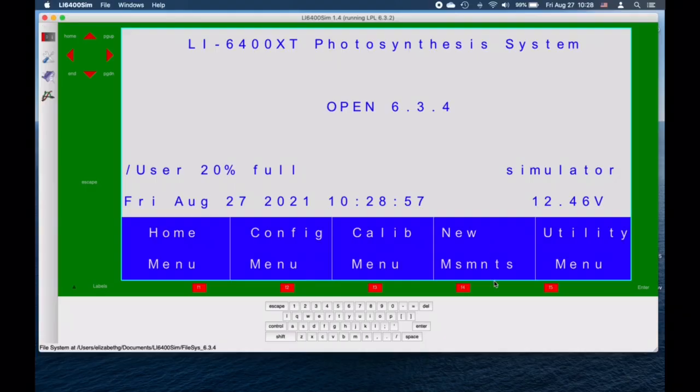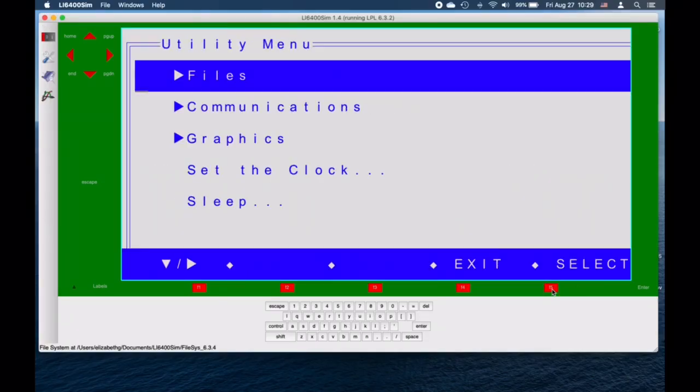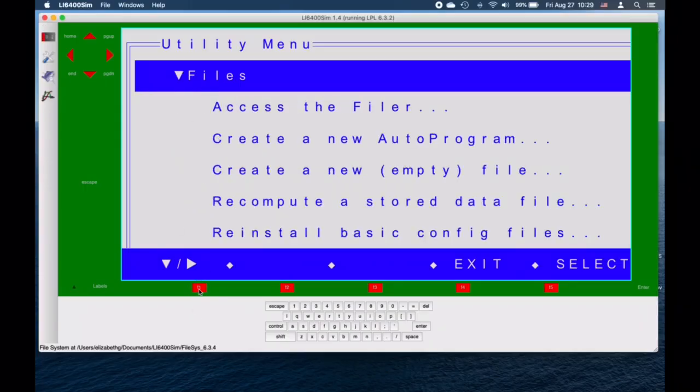The next option is new measurements mode, where we spend most of our time, but I'm going to skip over that just for a moment, and I'm going to go to the utility menu. If I press key F5, this brings me into the utility menu. In the utility menu, I can access my files, communications, graphics, set the clock, or put my instrument to sleep. And you can see that I have these little triangles pointing to the side. If I press key F1, it will expand that triangle, and that's where I can access the filer,